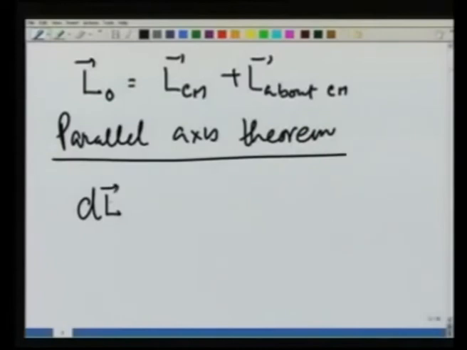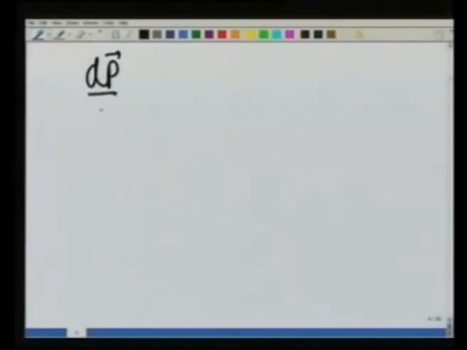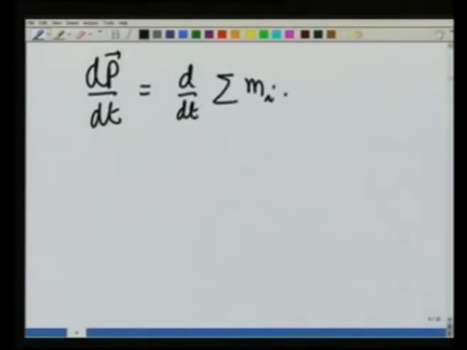How about the dynamics now? How about dL/dt? I am dropping the suffix t right now. dL/dt for a many body system. Let us work that out. Recall, when we were doing the momentum change for a many body system, we had d/dt of summation m_i r_i dot, which had given us m_i d²r_i